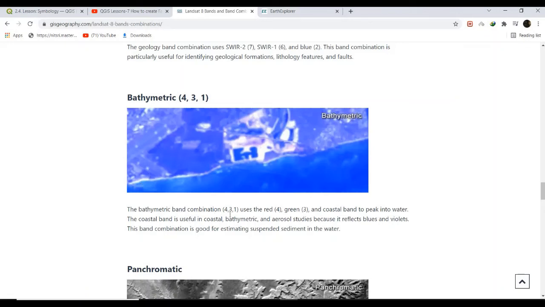The bathymetric band combination 4, 3, 1 uses red, green and coastal band to peek into water. The coastal band is useful in coastal bathymetry and aerosol study because it reflects blue and violet. This band combination is good for estimating suspended sediment in the water.